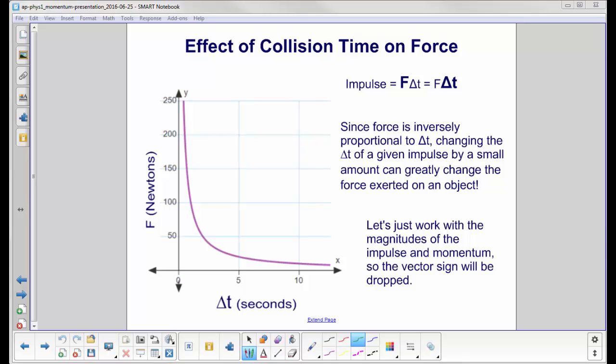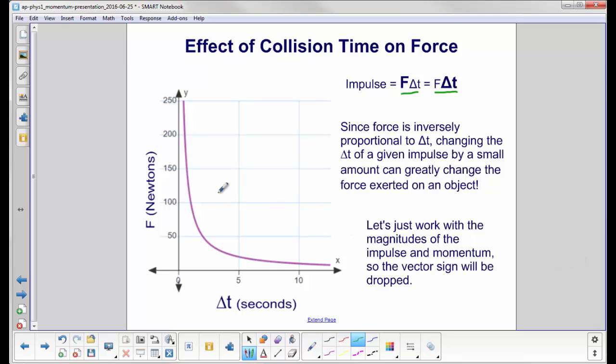Let's look at the impulse momentum equation graphically. We have impulse is F delta t, force times the time that it's exerted over. Force is inversely proportional to delta t. So, for example, if we change delta t by just a little amount, we can greatly change the force exerted